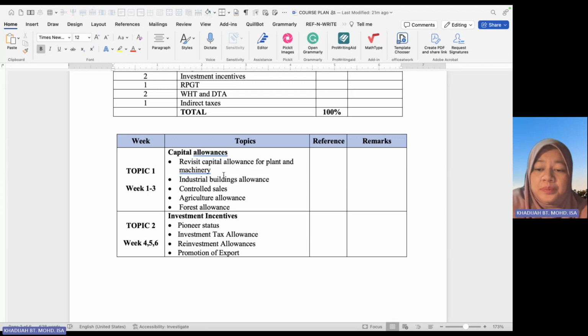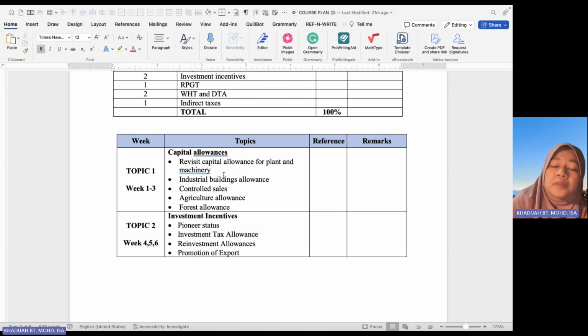Similarly, when you do the next topic, which is investment incentive, you still need to understand your capital allowance because you have to compute the statutory income. Given adjusted income, what is the statutory income? From there only you proceed with the tax incentive. So if your SI or your capital allowance is wrong, then you get a wrong statutory income that will have a domino effect on your computation of your exemption or tax incentive and your chargeable income. So that is not good at all. So please revise your capital allowance for plant and machinery,